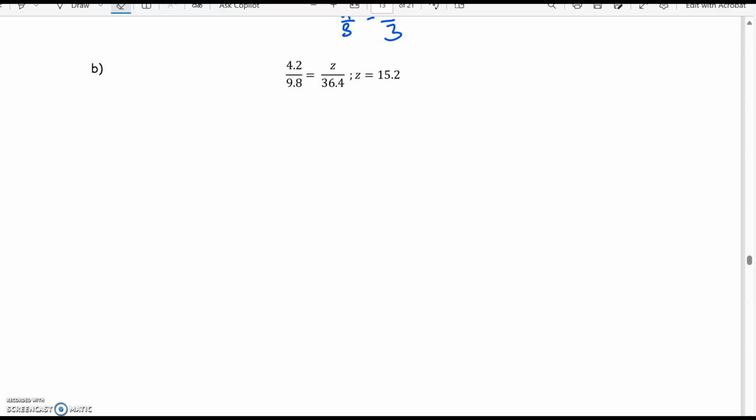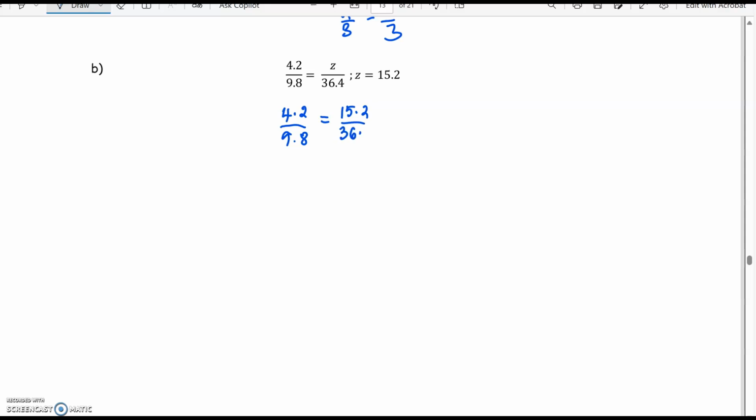What we have here is a proportion. A ratio on the left equals a ratio on the right. We're going to check if z equals 15.2 is a solution. So what we do is write down the equation and plug in z equals 15.2